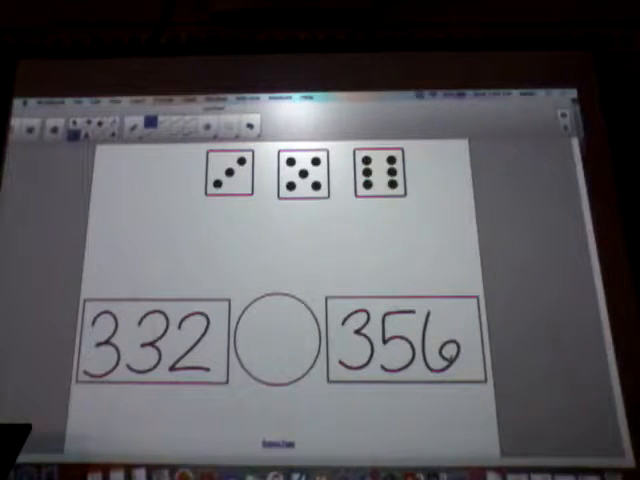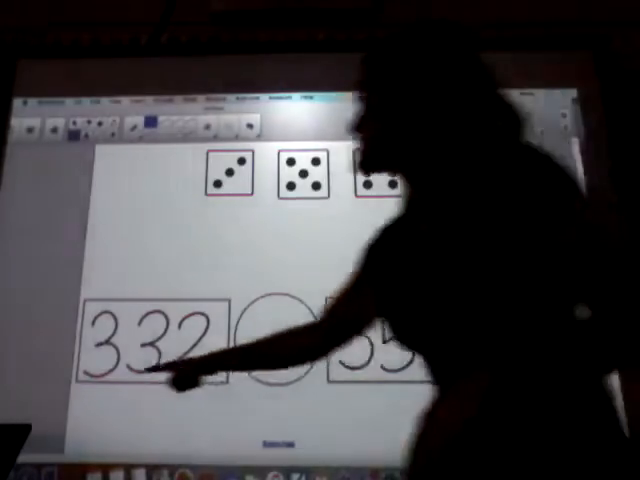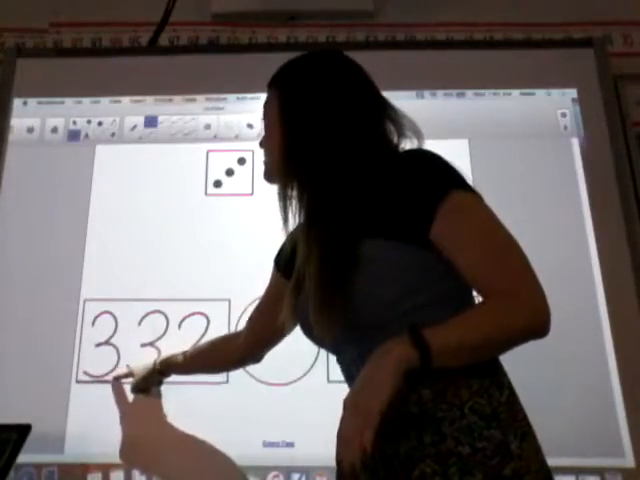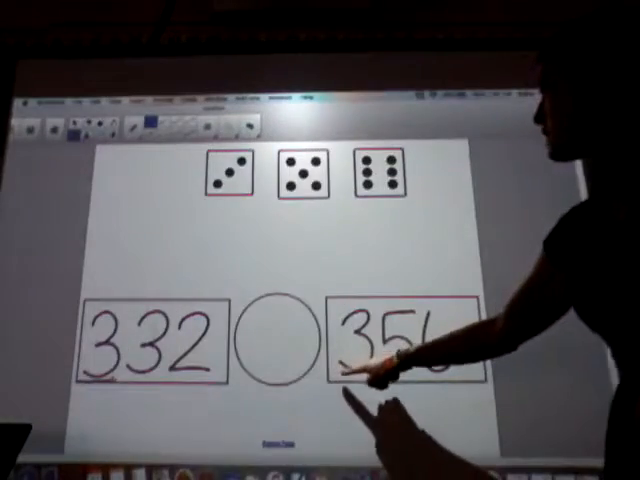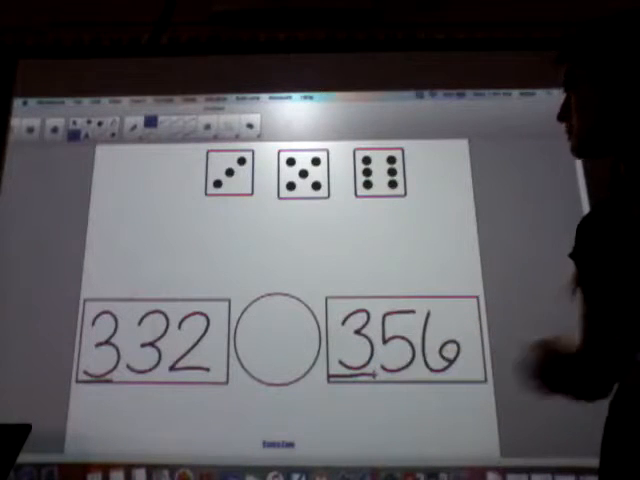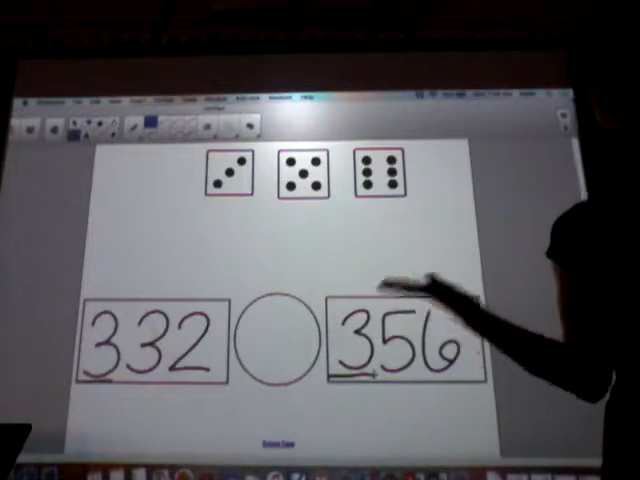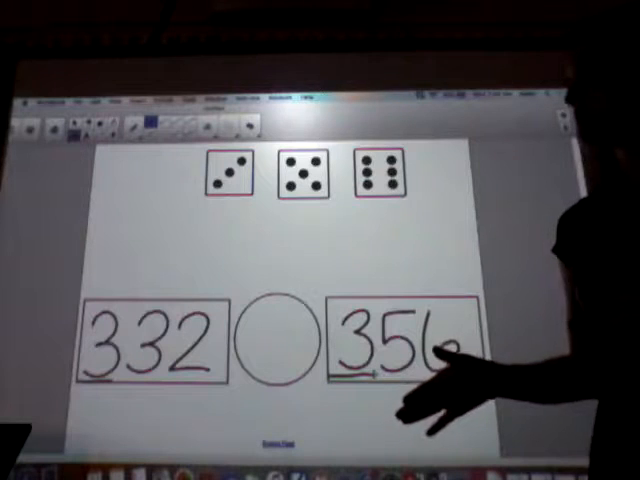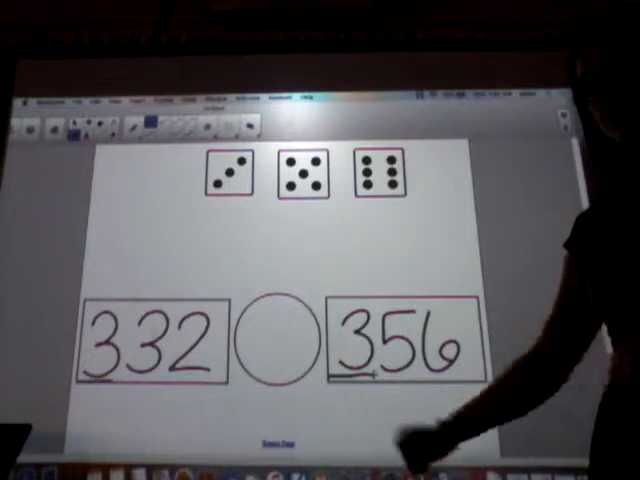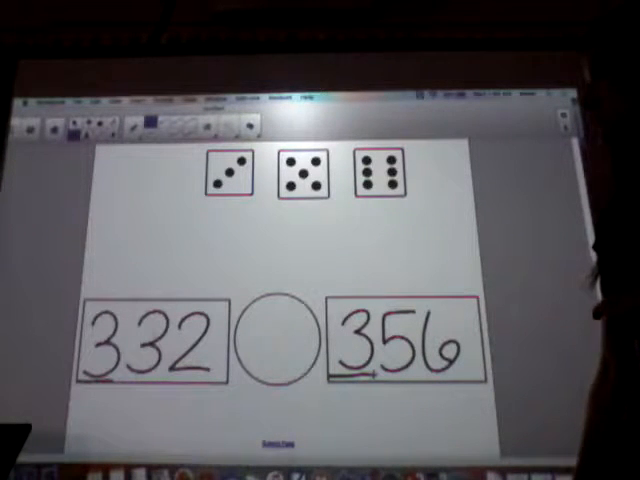Let's start in our hundreds place. In our hundreds place, we have the number 3. And in our second number in our hundreds place, we have the number 3. Those are the same value in the hundreds place. So now we need to move on to our next place value to determine whether it's greater than or less